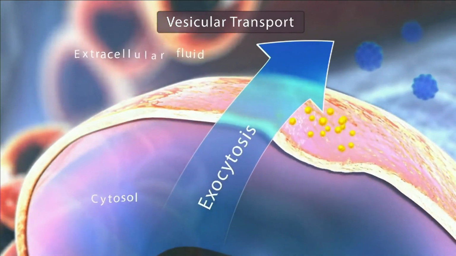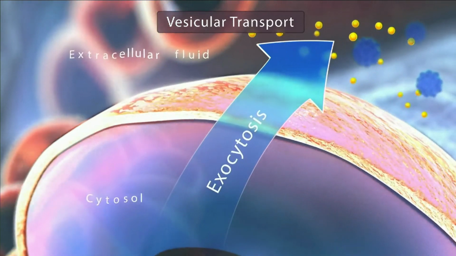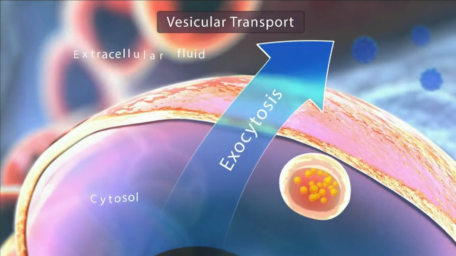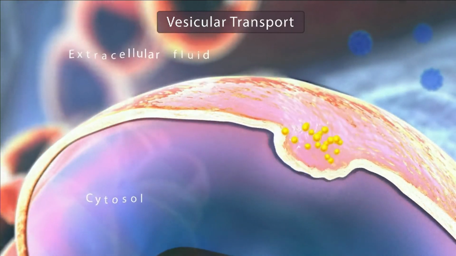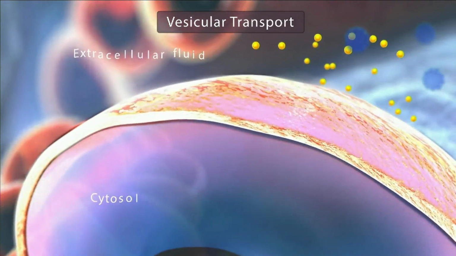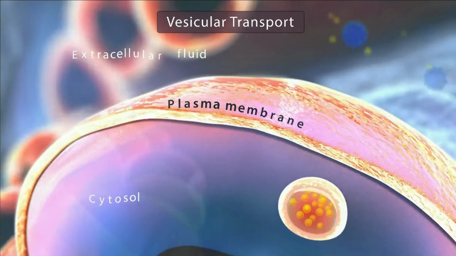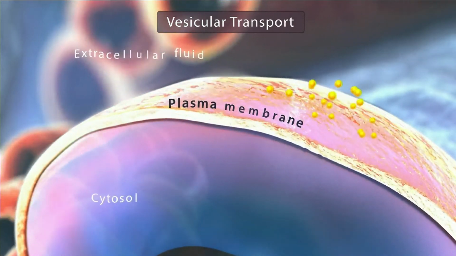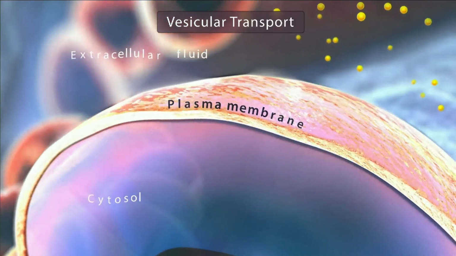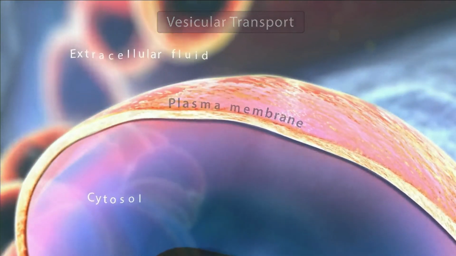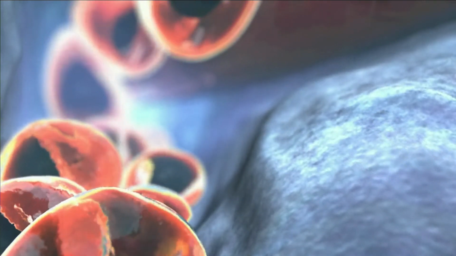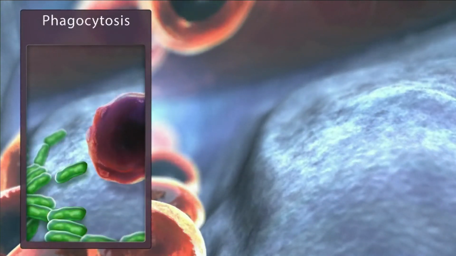All cells secrete materials such as hormones, digestive enzymes, or neurotransmitters via exocytosis. A membrane-enclosed secretory vesicle in the cytosol fuses with the cell's plasma membrane, and its contents are released into the extracellular fluid. Endocytosis occurs in 3 ways: phagocytosis,